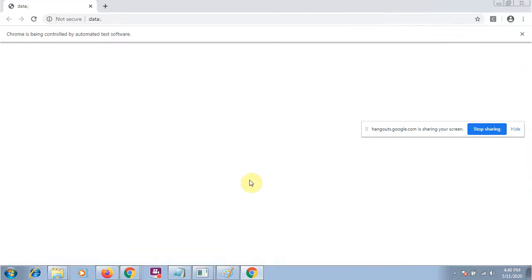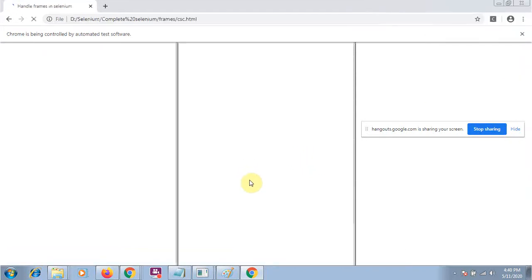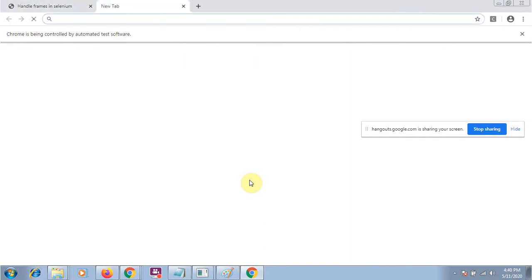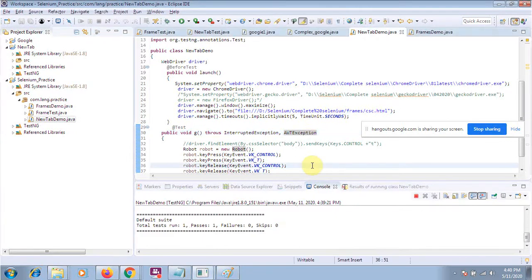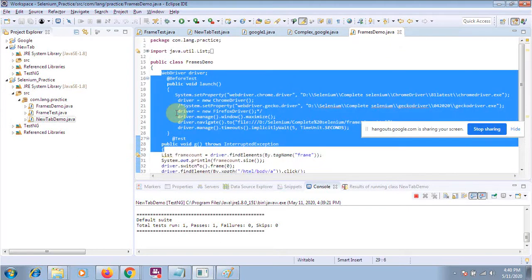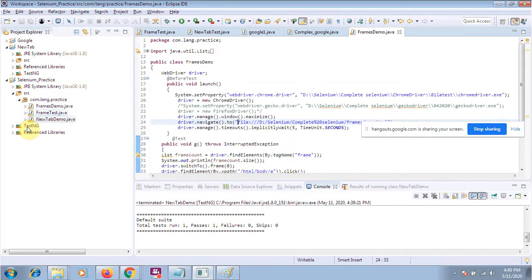Yes, taking some time. Now it will press Control T. You can see Control T has been pressed and your new tab has been opened. But if you have the updated Selenium, it will not happen like this. So let me close this one and we will open the new one.